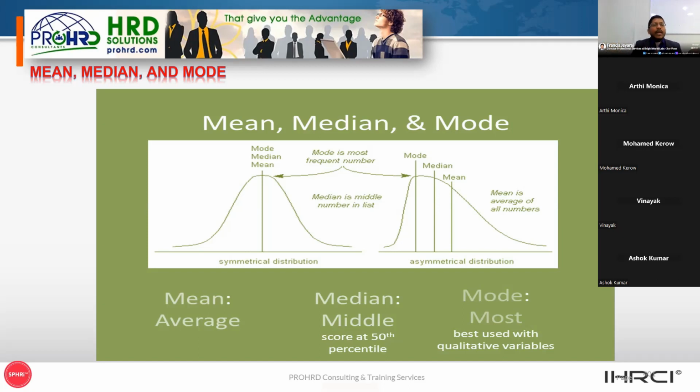Okay. Range. What is a range? We talked about total rewards, the range: minimum salary, mid salary, and maximum salary. What is the range spread? Minimum, mid, and maximum salary. What is the range spread?